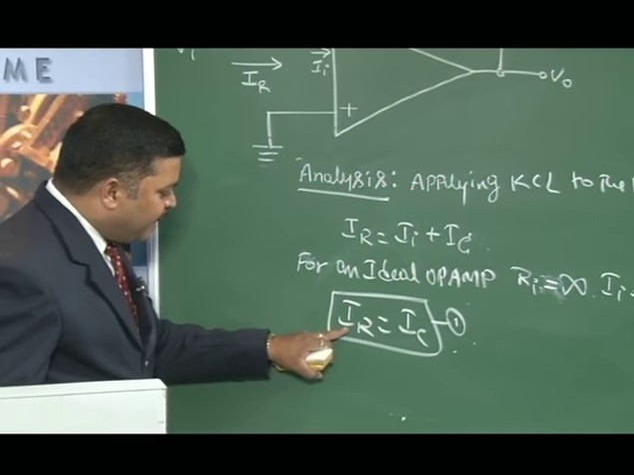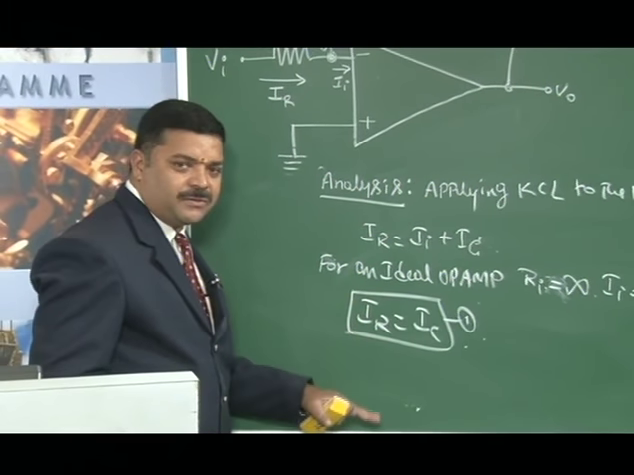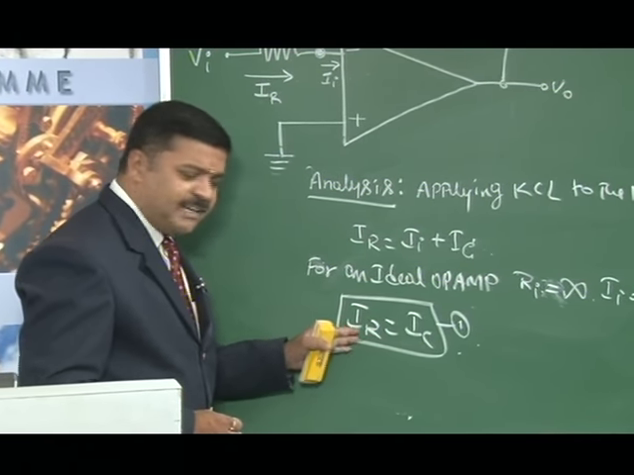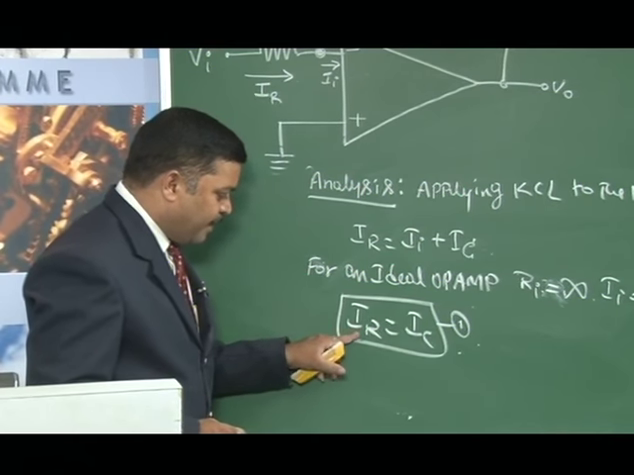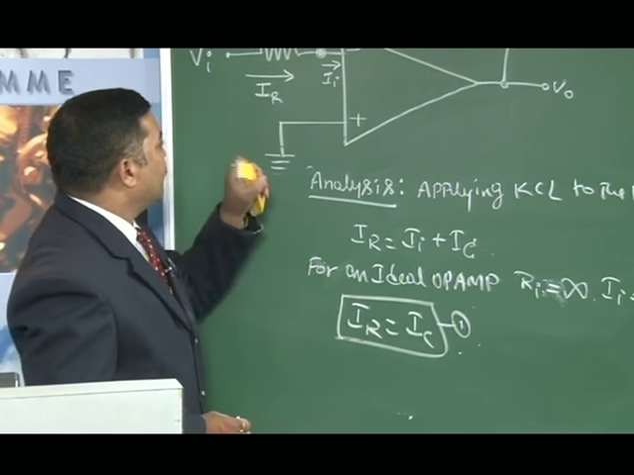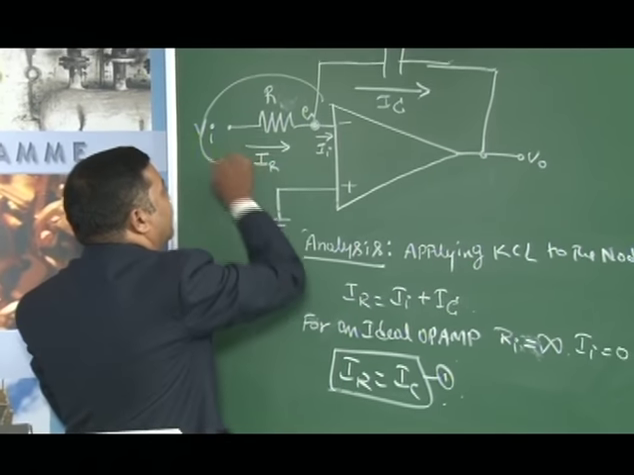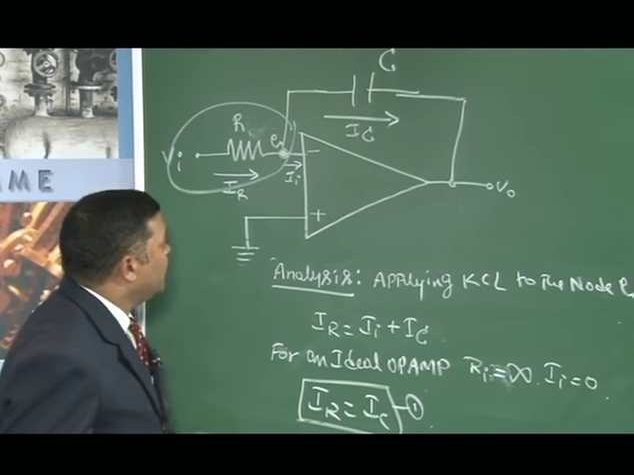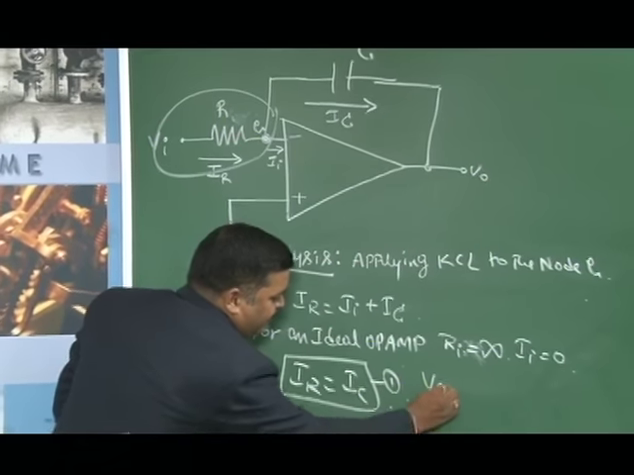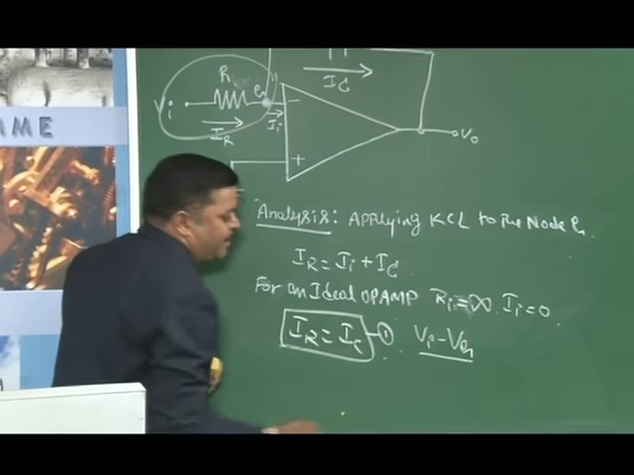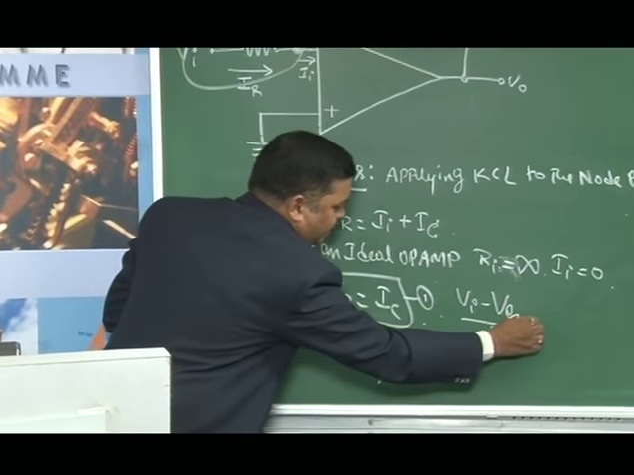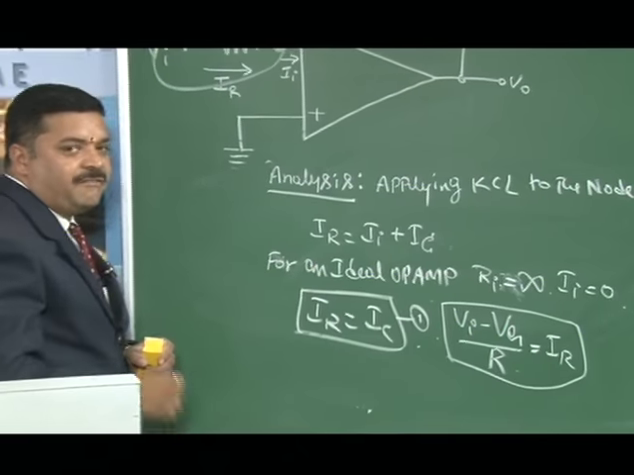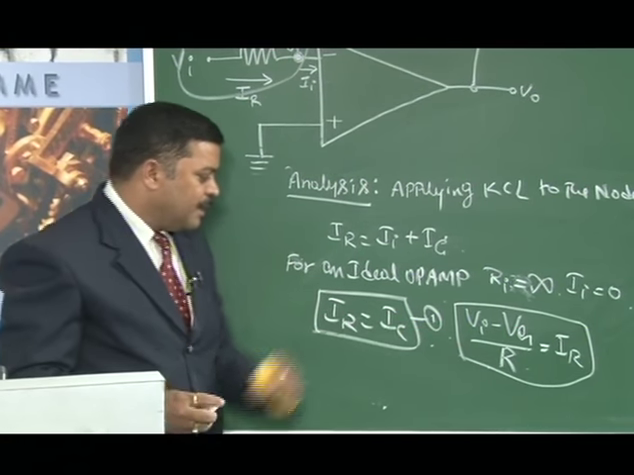Now, by applying Ohm's law, the same procedure is repeated everywhere in all the applications, therefore we can remember this for a longer time. IR is given by the current through R. In this particular region, we have to apply Ohm's law. So, applying Ohm's law to the circuit, we get (Vi minus Vg) divided by R is equal to IR. The current through the resistor can be obtained as (Vi minus Vg) by R. Similarly,